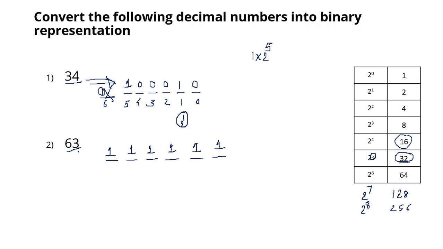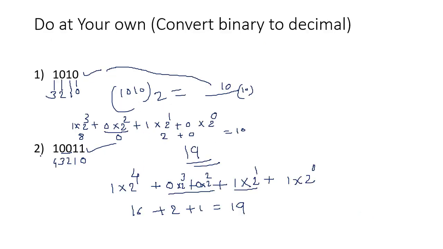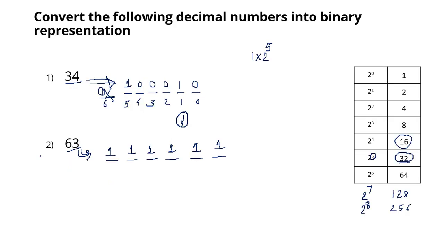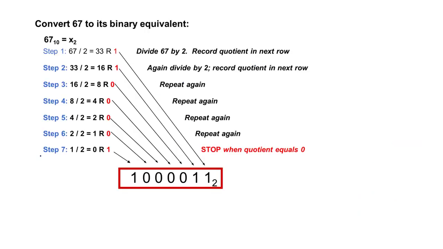So this is how you can convert a 63 into binary. I have taught you how you can convert a binary number into decimal and a decimal number into binary. Now this is the simplest mechanism that I have taught you, but if you refer to some book or other videos, people have given a lot of methods. Just to make you aware, I'm showing you a slide, but this is the best way you can do it.